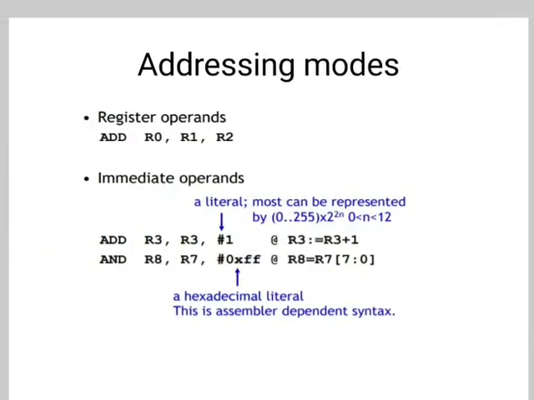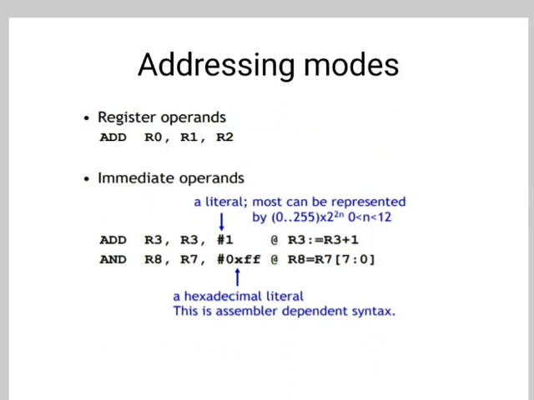Similarly, we can have other arithmetic instructions like ADC r0, r1, r2. ADC means r0, the destination, is equal to r1 plus r2 plus C, that is carry. Next is subtraction. Similar to add, we have SUB, that is subtraction, r0, r1, r2. So r0 is equal to r1 minus r2. Similarly SBC r0, r1, r2. So r0 is equal to r1 minus r2 plus C minus 1, that is carry.